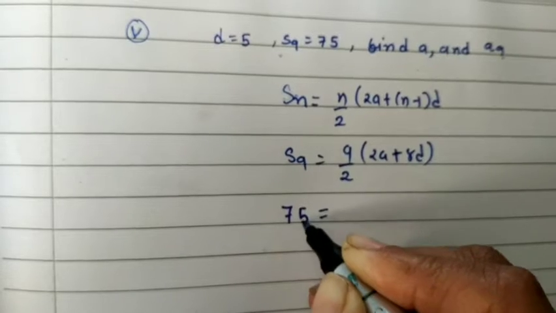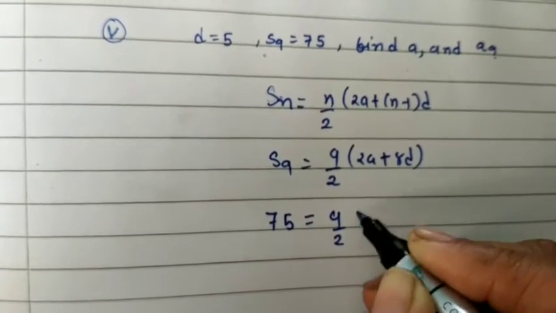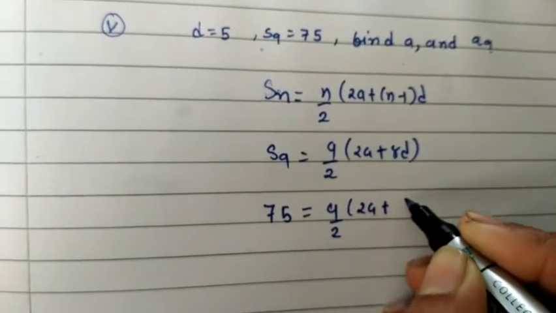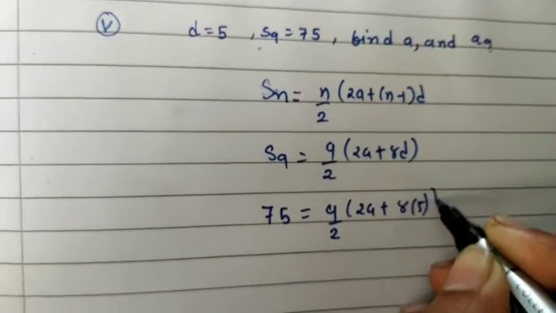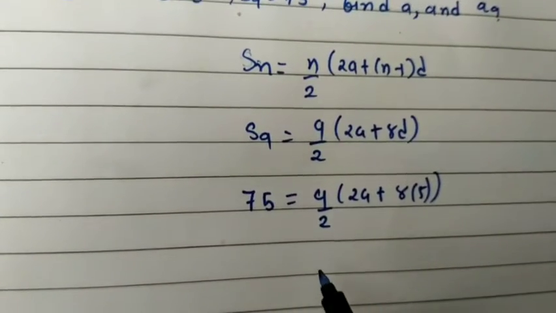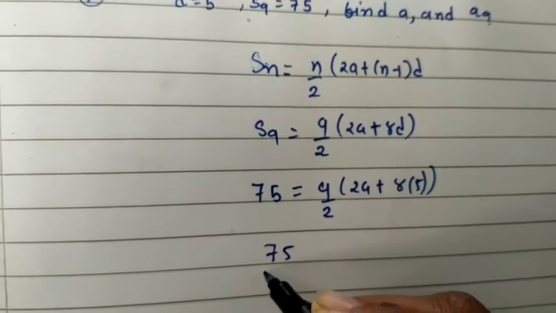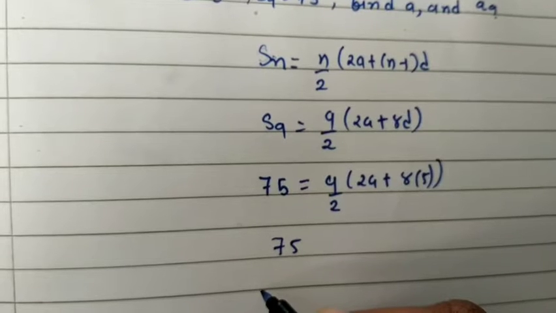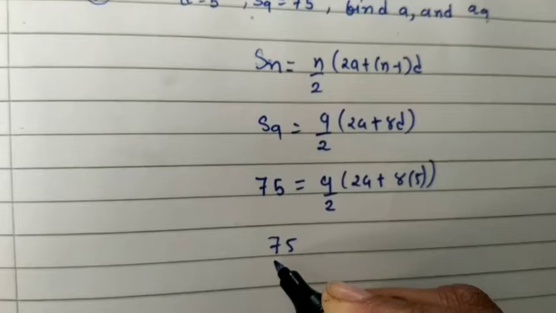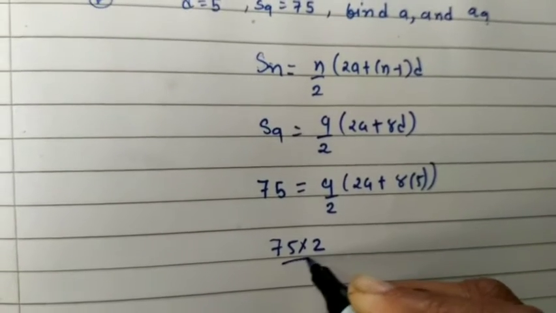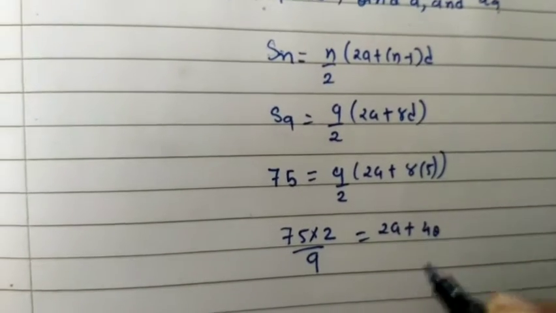Okay, after doing that, let us substitute all the values. Here we have to write 75, there is 9 by 2, then 2a, and the difference they have given as 8 into 5. Okay. Now let us solve it. So here we will write 75. If we want to take it in divide, we can take it. If we don't want to do that, watch it over here. We will multiply by 2, divide by 9, and that equals 2a plus 8 5s are 40.